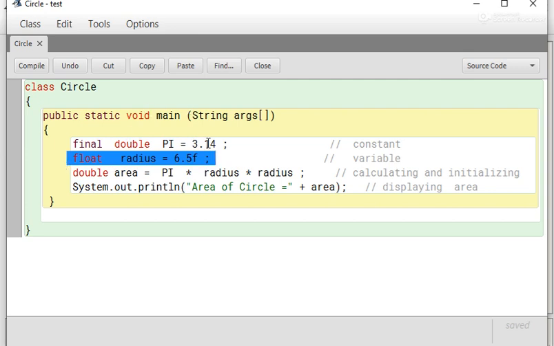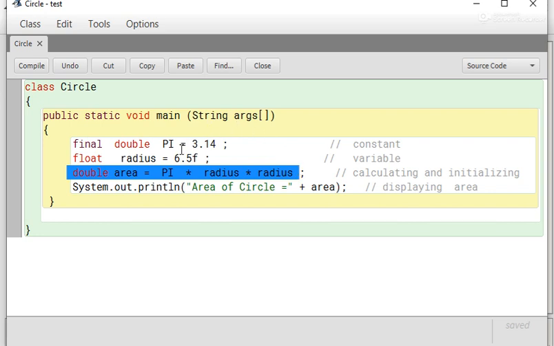These two lines are the input and this line is the process. That means to calculate the area. According to our formula pi r square, we have given double area equals to pi into radius. This will calculate the area and stored in this variable. Now the term of output.